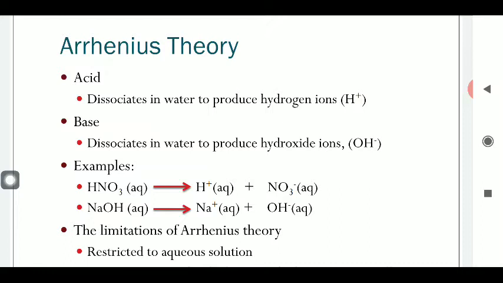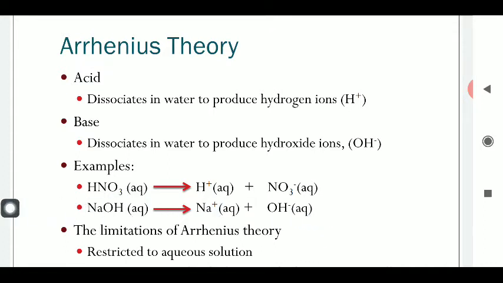In the same way, on the basis of dissociation, all those compounds which have a tendency to liberate the OH negative ion are known as bases. What are bases? All those compounds which after dissociation can liberate the OH negative ion are known as bases. The simple example is NaOH. When this NaOH dissociates, it forms the OH negative ion, so we can say this NaOH is counted as a base.